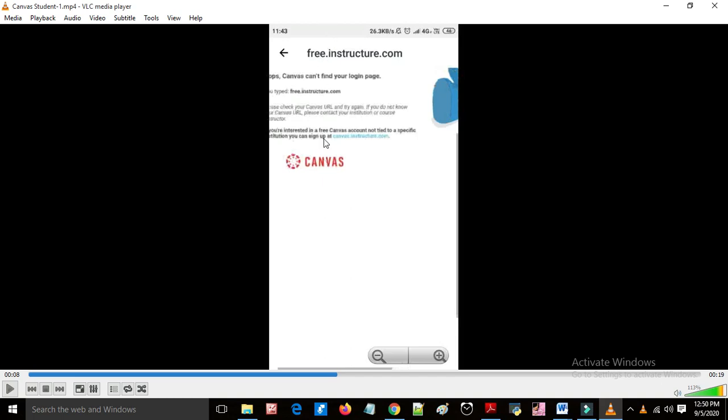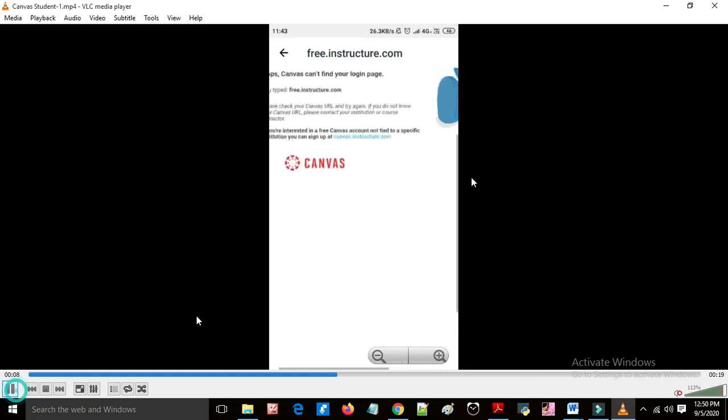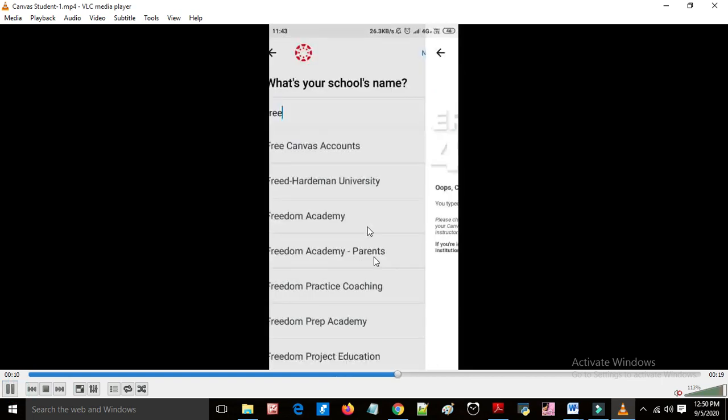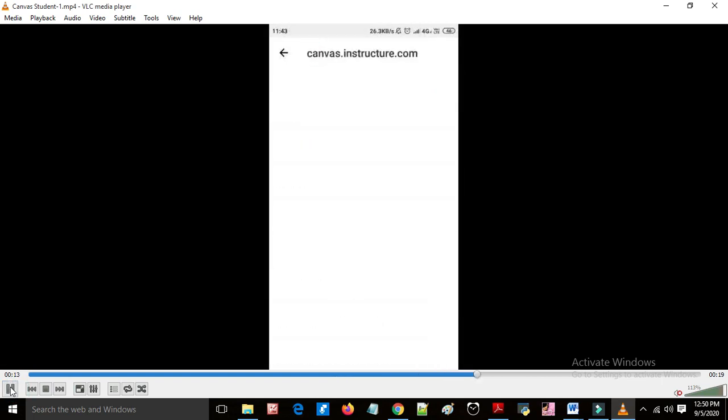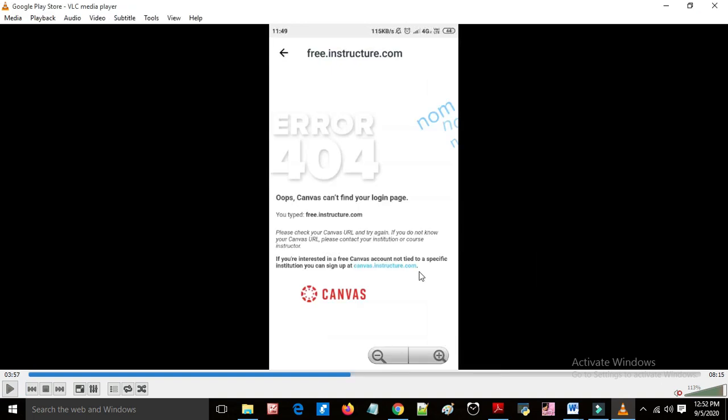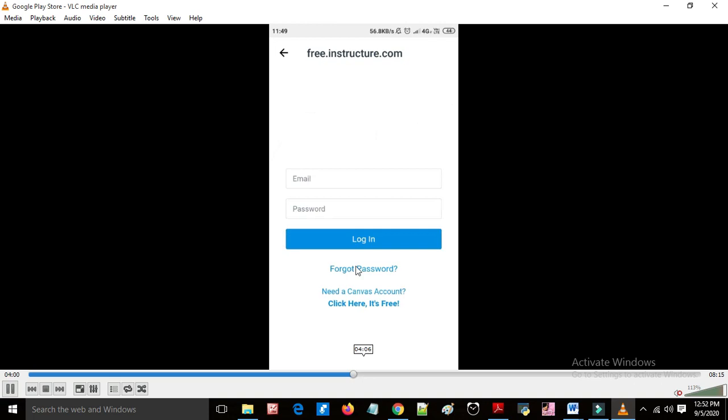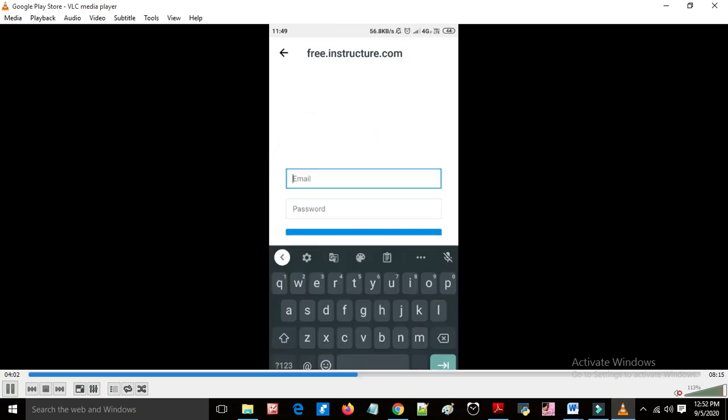Here, whenever you click on Free, it will lead to your canvasinstructor.com. Then enter your mail ID and password, and that will lead to your instructor.